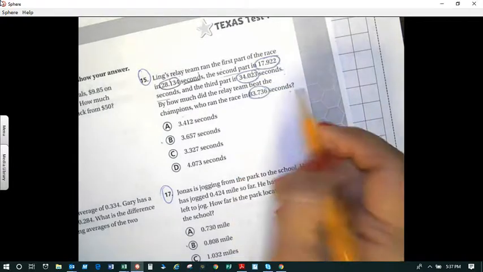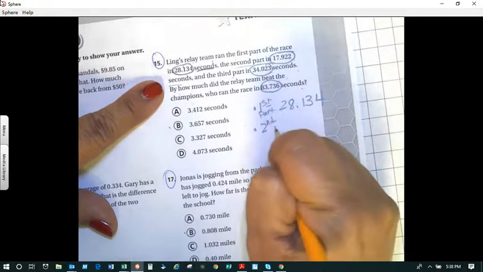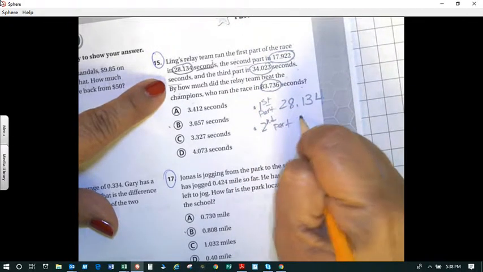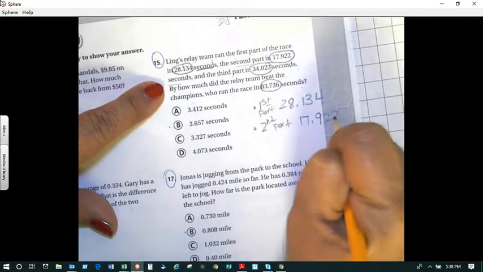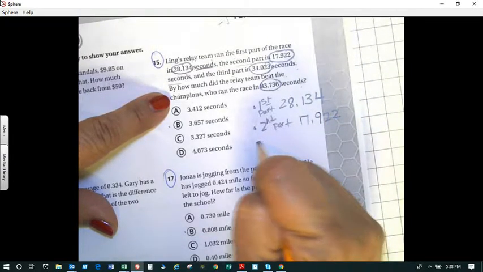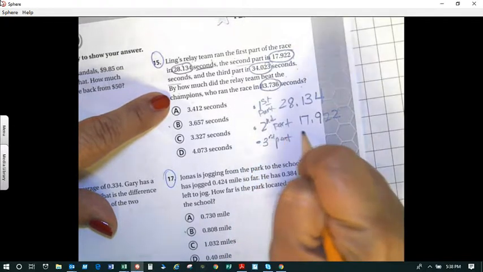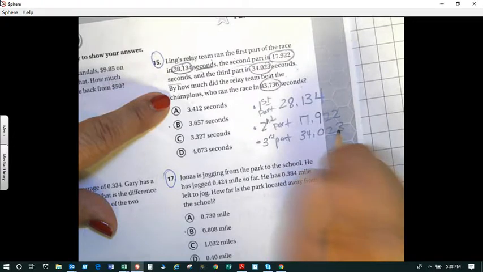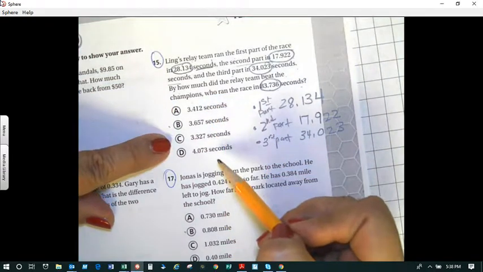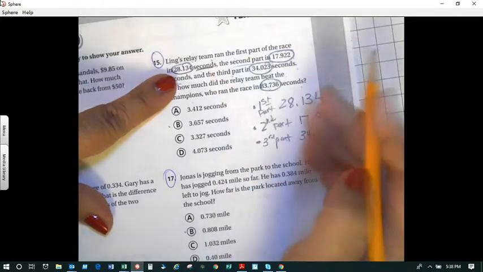And so, in order to find that, I need to write down my facts. I know that first place, because I need, who ran, what was the difference? First place, second, or the second part, I should put the word part, 17,922 thousandths, and then the third part, okay, so looking at my answer choices, I know that I'm going to have to add up all of these, so my solution is to